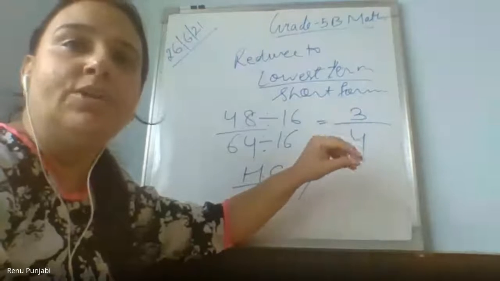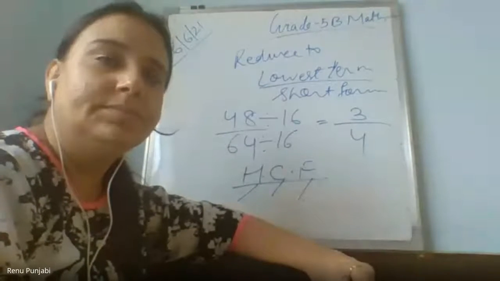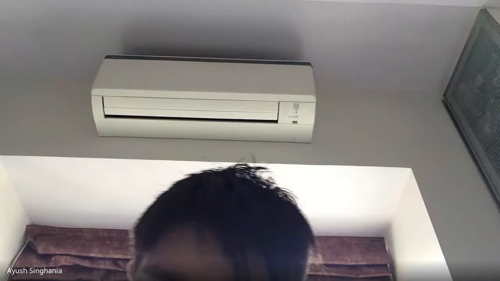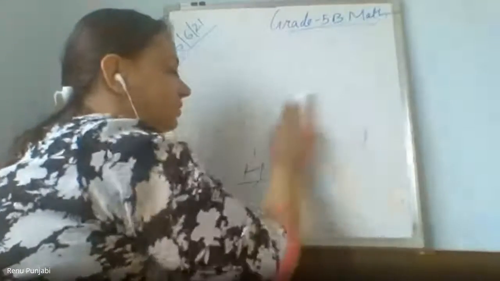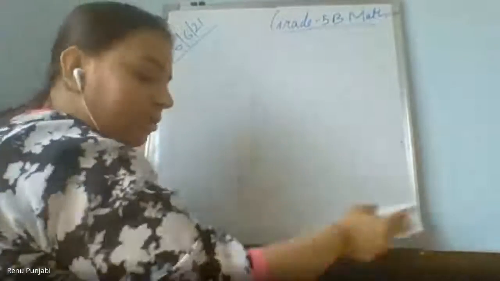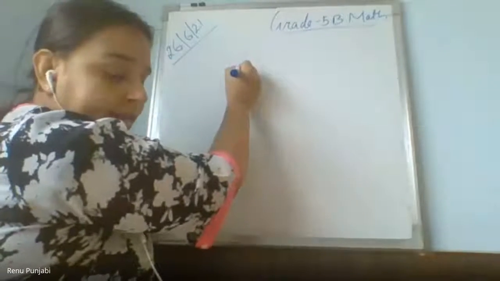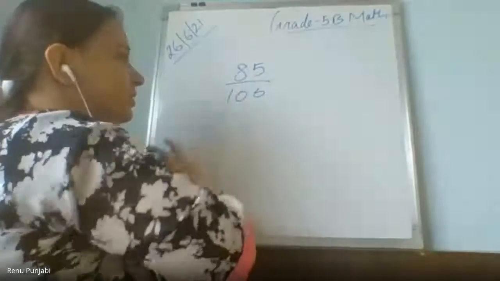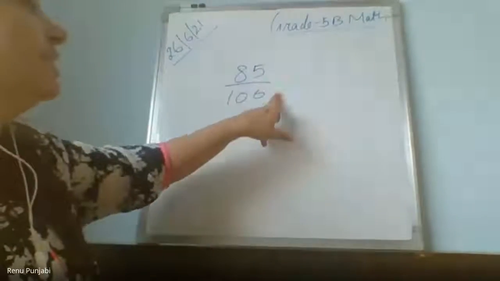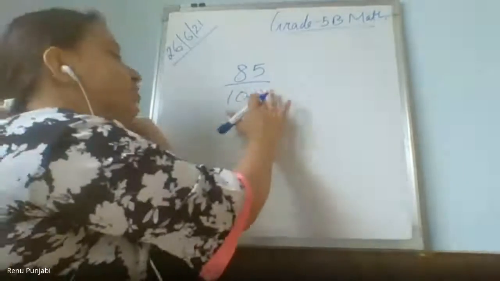Yes, now Ayush, your difficulty, your problem. Ma'am, can you tell the concept again? I didn't understand. With another sum, I'll tell you. And meantime, everyone take out a notebook and start doing this. The number is 85 upon 100. Check. 85 is divisible by which all the numbers? 100 is divisible by which all the numbers?